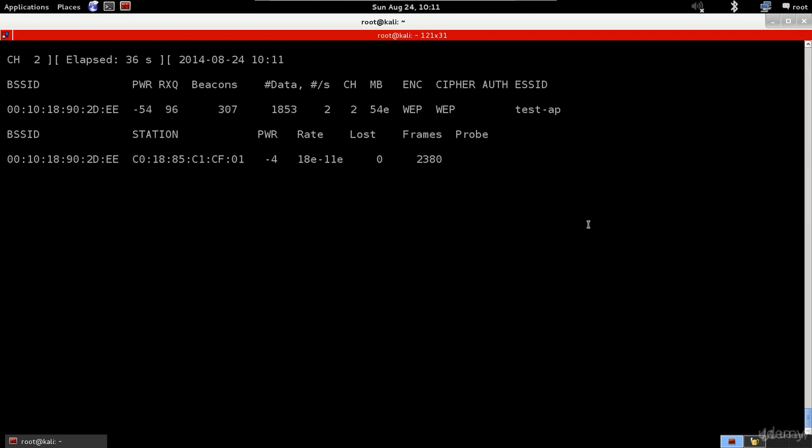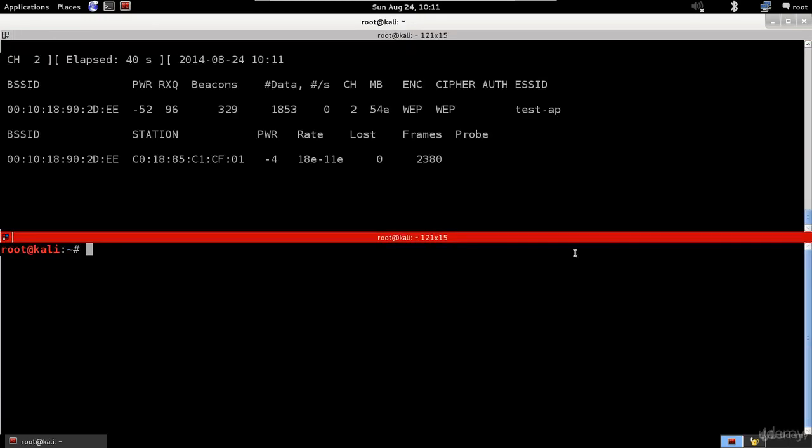So all we have to do now is just launch aircrack, which is part of the aircrack suite, against the file that airodump has created for us. We can launch aircrack against it even if we didn't stop airodump, and it's going to keep reading the file and read the new packets that airodump is capturing here. So we're just going to run aircrack-ng, and we put the file name. So the file name was,